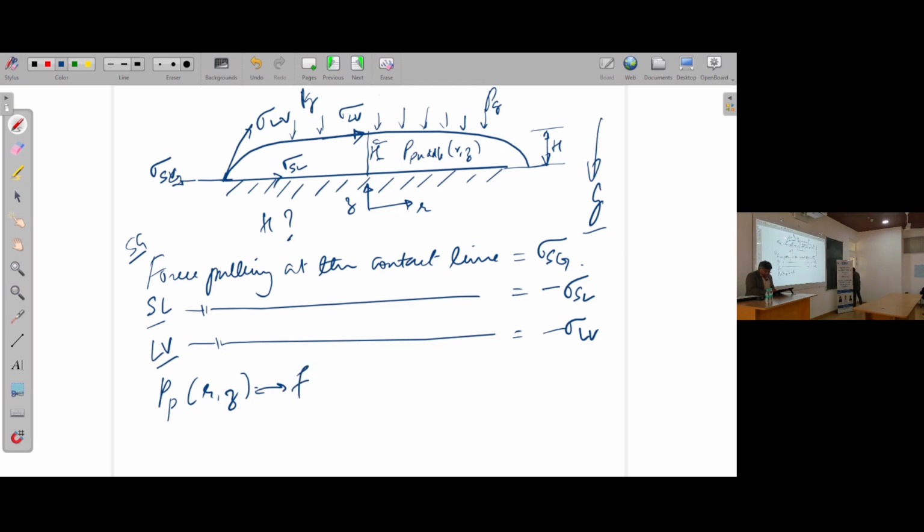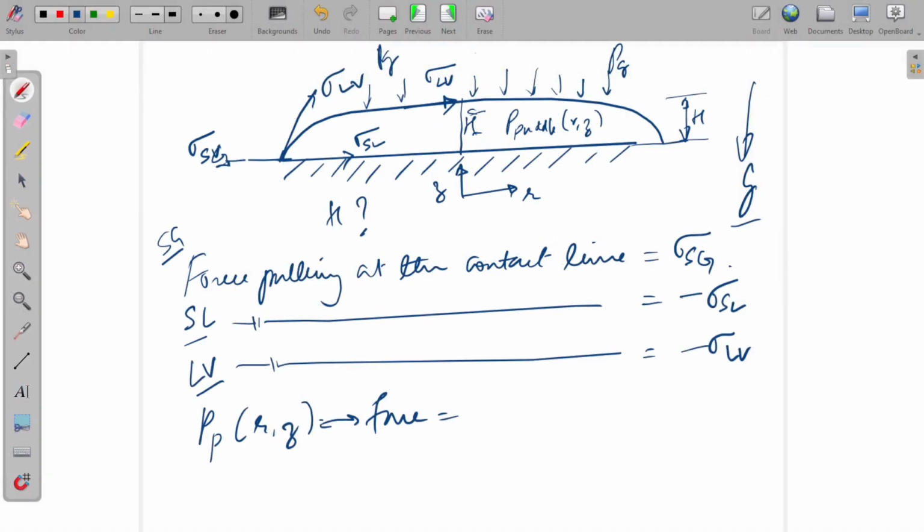The force exerted by this would be something like pressure into some area. And obviously this is over a certain height z, and this is over a certain unit width. So I can write the force per unit length as integral 0 to h,